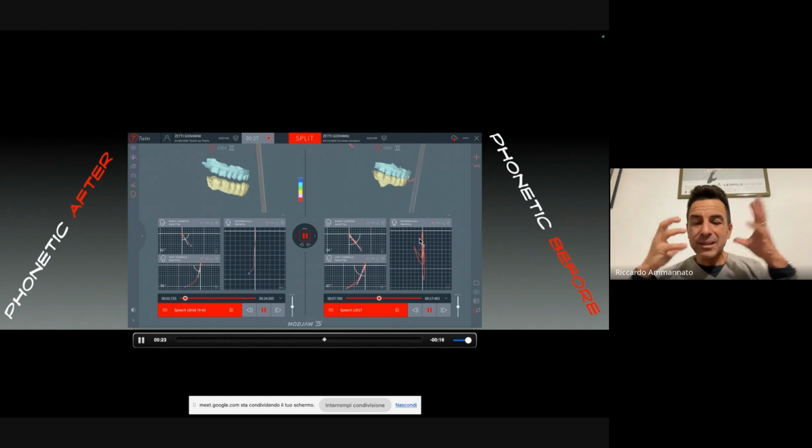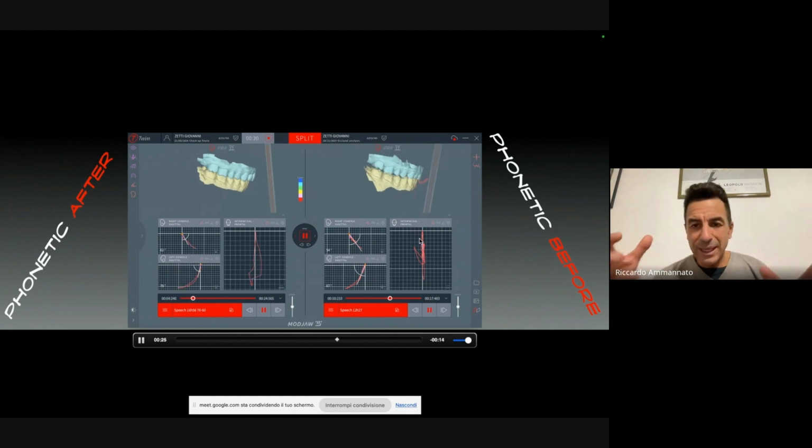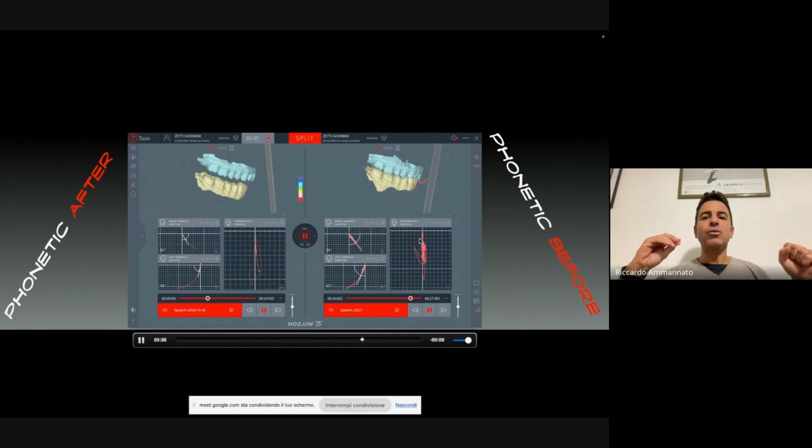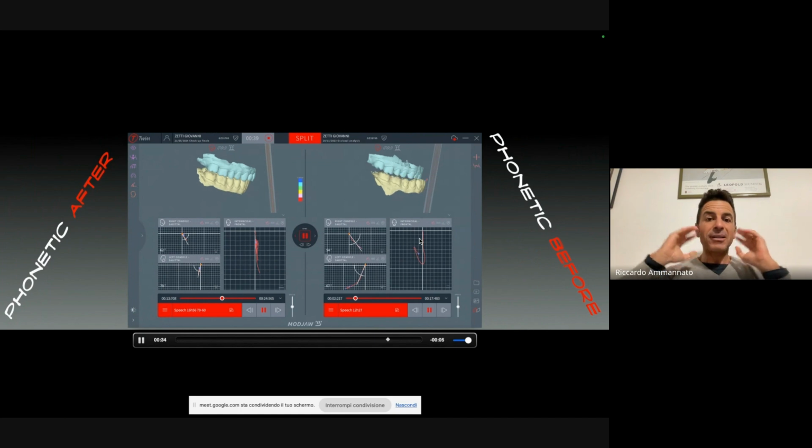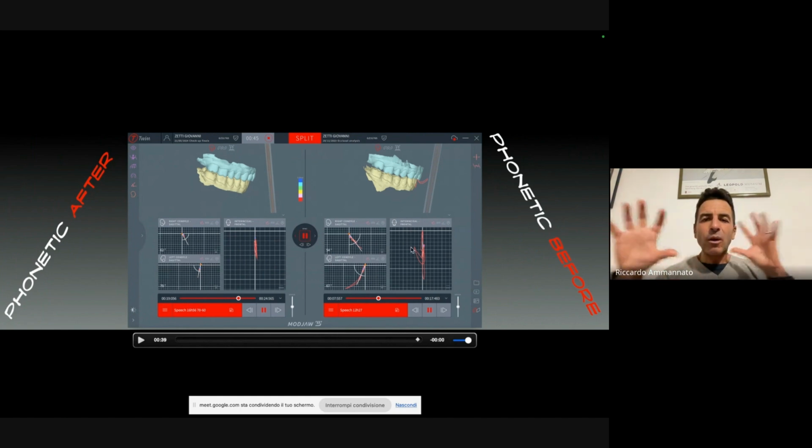So also the muscles, as in the previous lecture, when we are doing restorations, we also need to rebalance the muscle part, the neuromuscular part, and all this we can see here, that this is much more in balance. You can see from this kind of movements compared to the initial side. So the digital jaw tracking is giving us this kind of feedback.